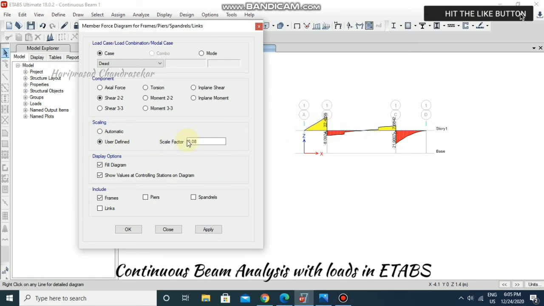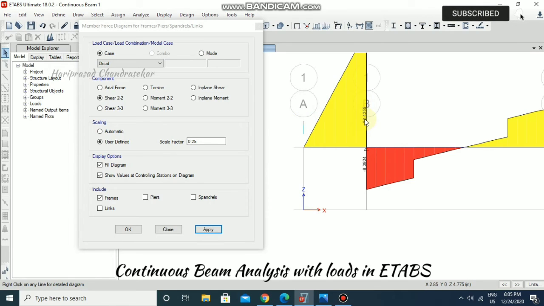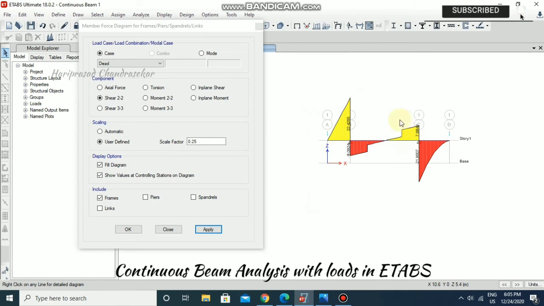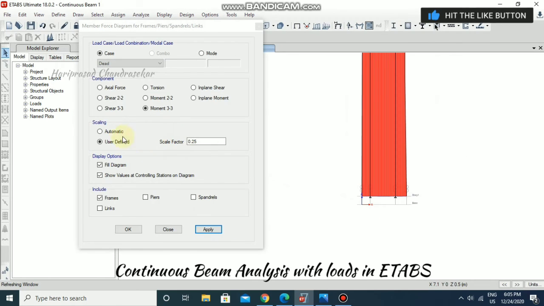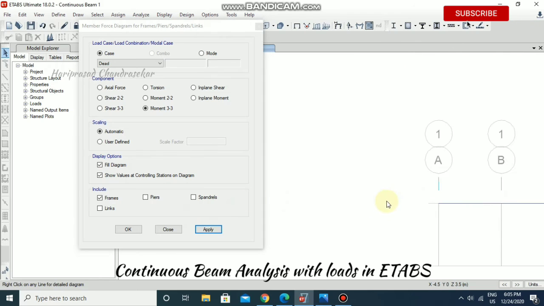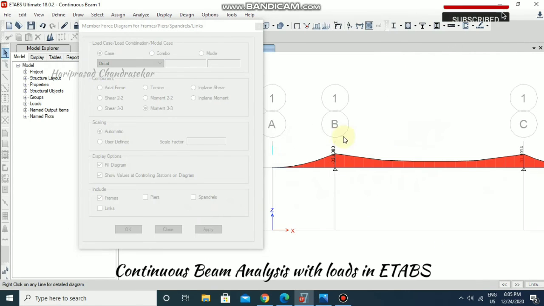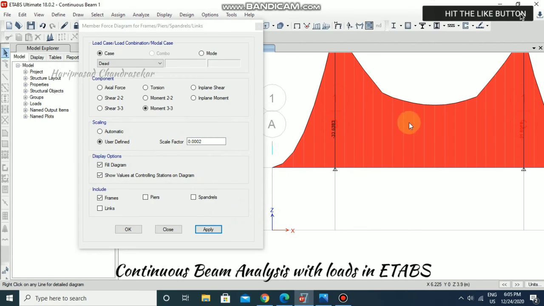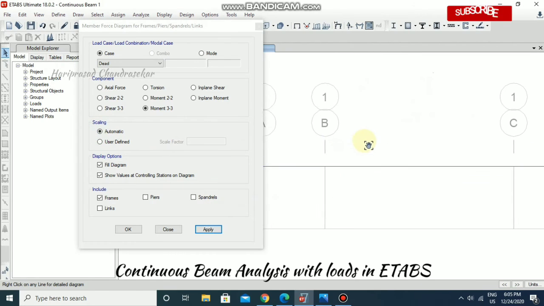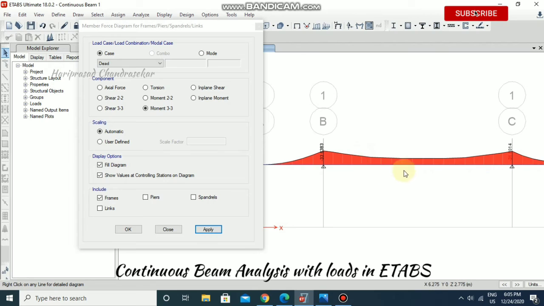If you want to go for user defined, you can apply, and you are able to see the values and get the shear force. For automatic, you put it, and by default automatic itself looks good.